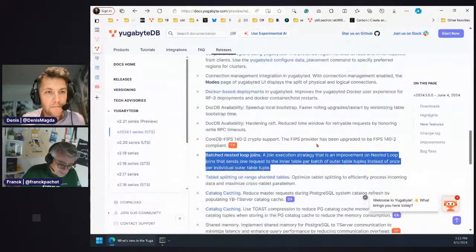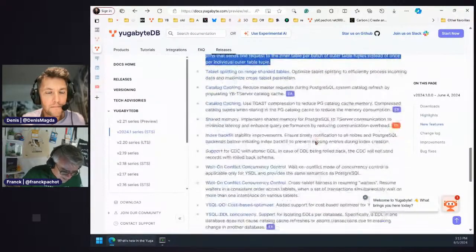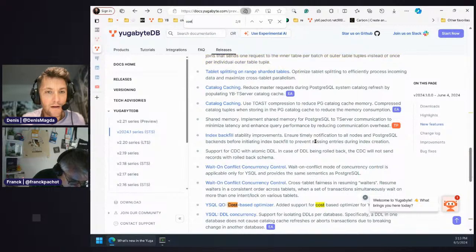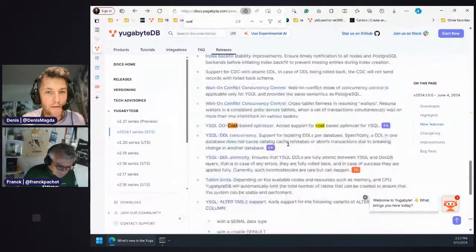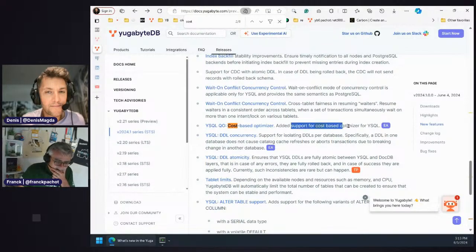And the other one, also about the optimizer, is the cost-based optimizer. It's down below. Yeah, YSQL cost-based optimizer, under query optimization. So it was there in technical preview. Now it's there in early adopter.